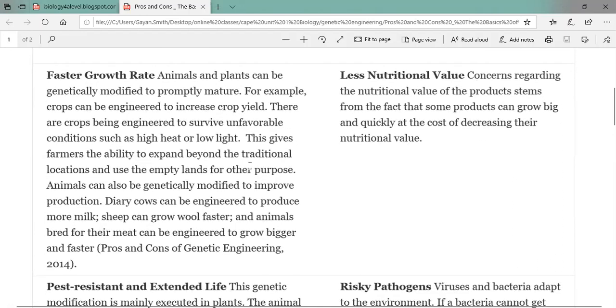Let me give you an example of this. So the chickens, they say in the US, the chickens are bigger now, but they have a higher percentage of fat than what they had before, in the years before. So they are bigger in size, but they have less protein content. They have more fat content. So they're like, oh yeah, really, you're growing them faster, but you're not really increasing the nutritional value of the food. So that can be a con.